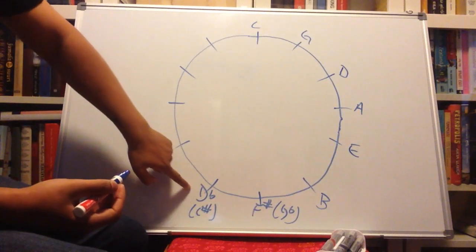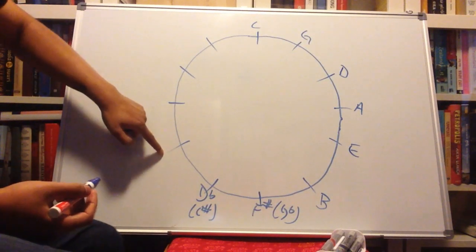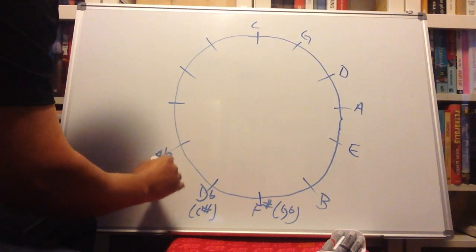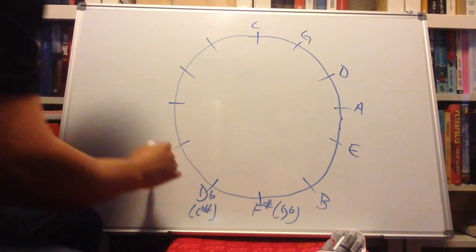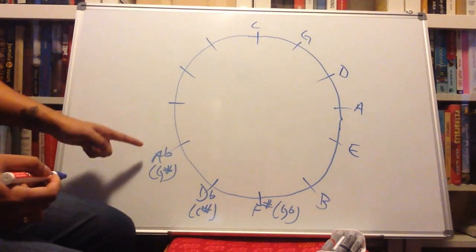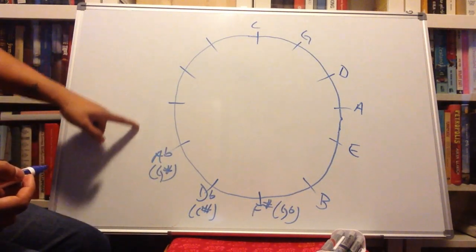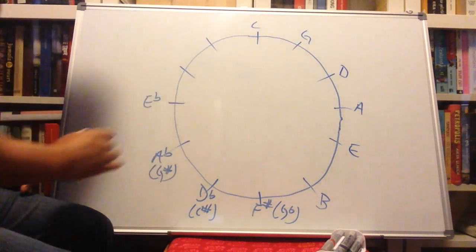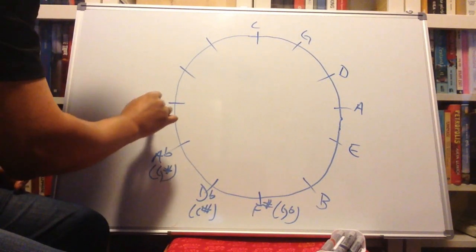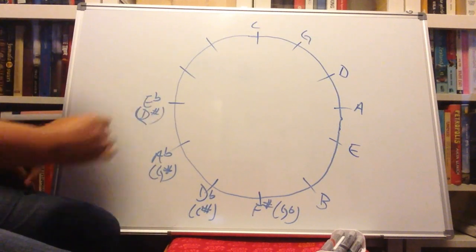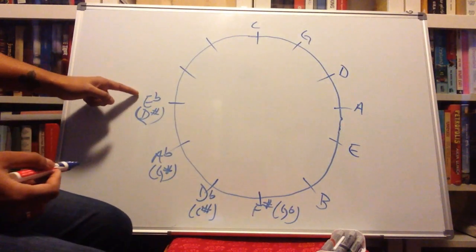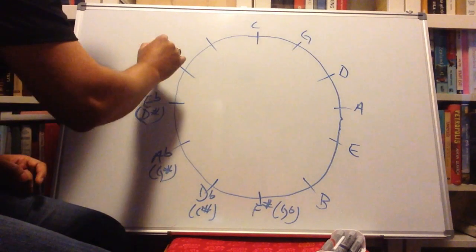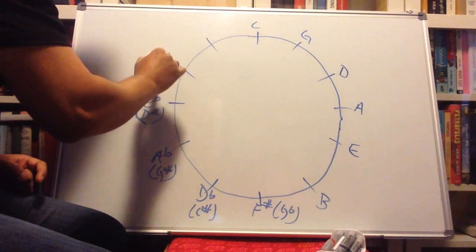Now fifth of D flat. Fifth of D flat would be A flat, or we can call it G sharp, right? So fifth of A flat would be E flat. E flat we can call D sharp, right? And again, fifth of E flat would be B flat or A sharp,